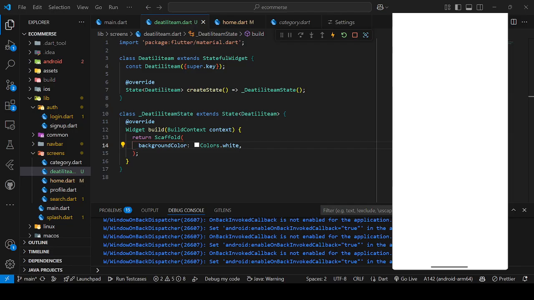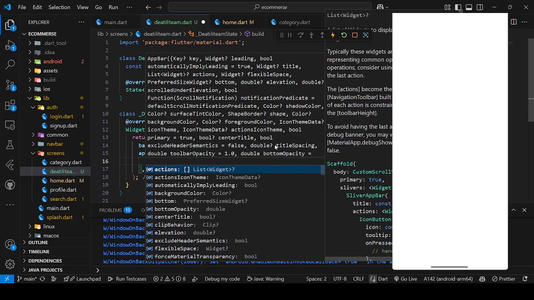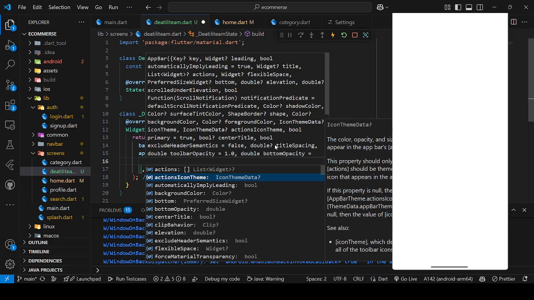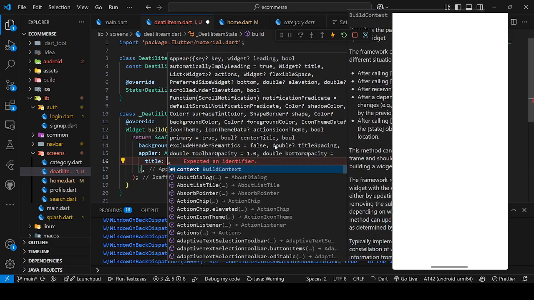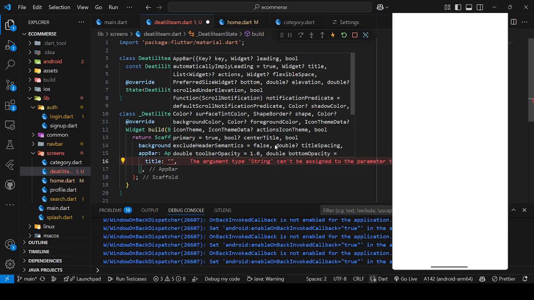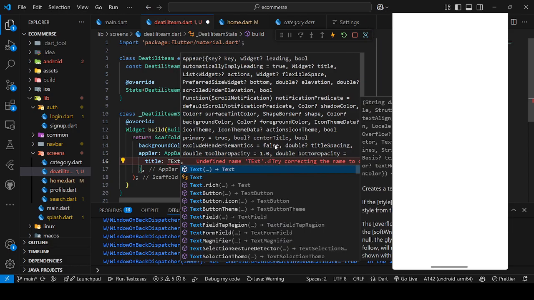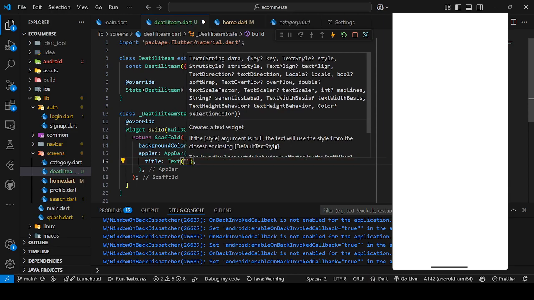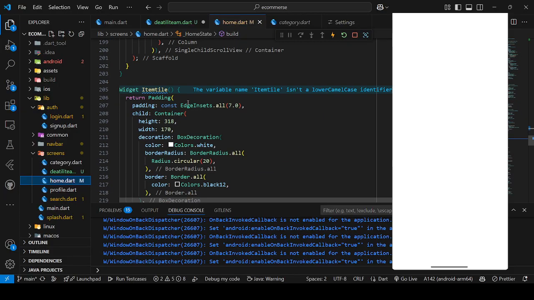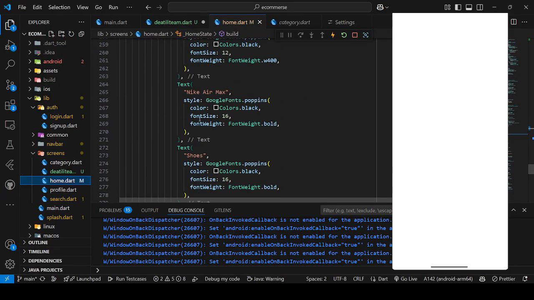So let's start with designing. So first of all, we'll create one app bar. Inside app bar we'll be giving a title. Title will be the name of this, obviously. So title will be the text. All the data will be coming from previous screen, but for now we are making it static, because when we will be integrating the API, then we'll be fixing all the things, because you will be understanding how the API is integrated. So for this, let's go to the home screen only and copy the name of the shoe,